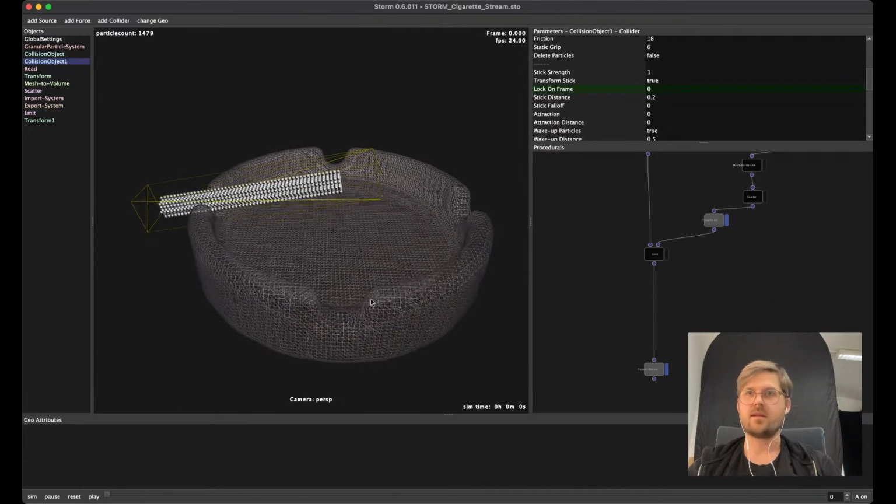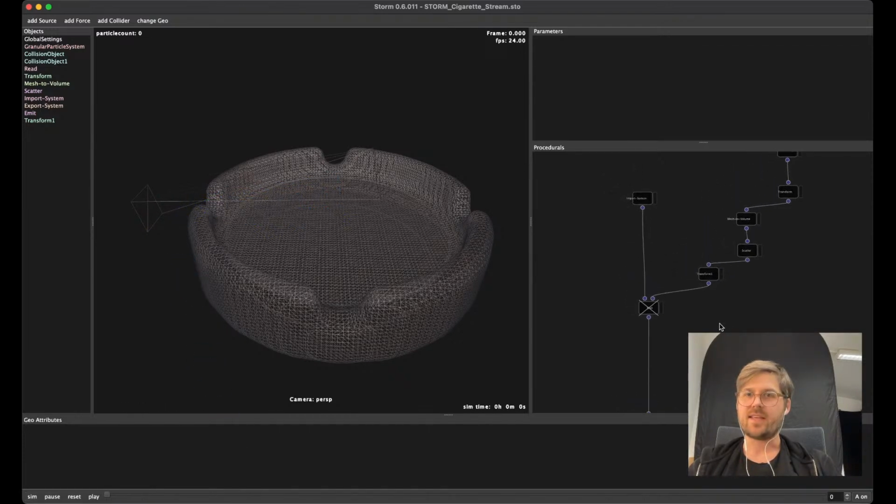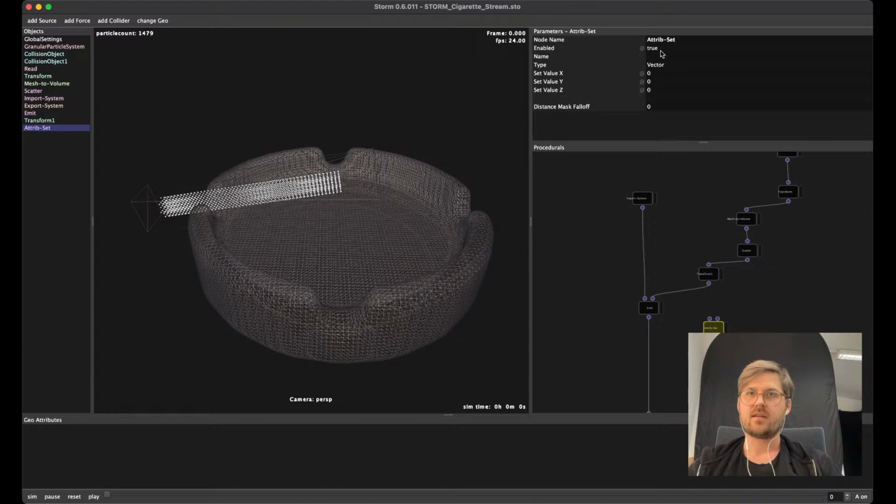And if we now start the simulation, nothing is happening, or the particles are not sticking. And that is because we need a stick attribute. So we create an attribute set node, name to stick,